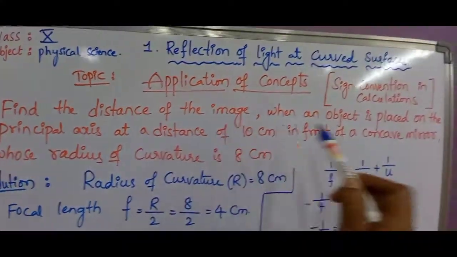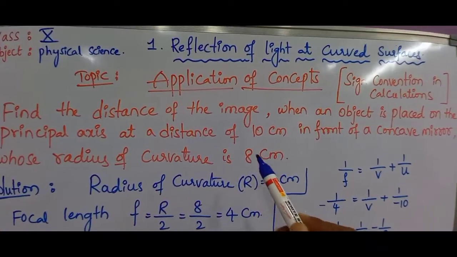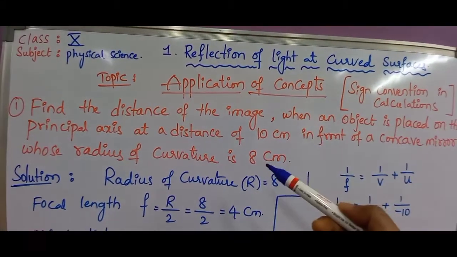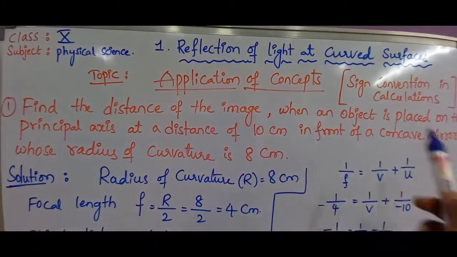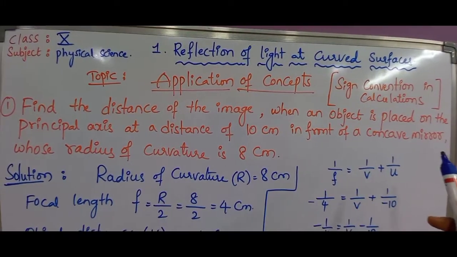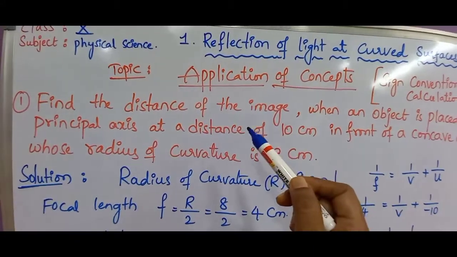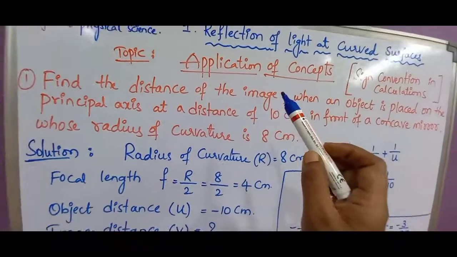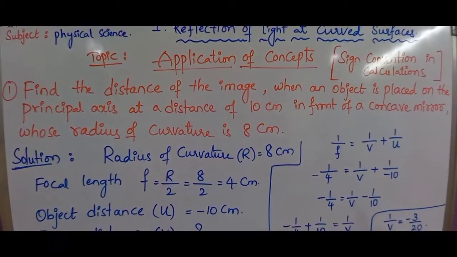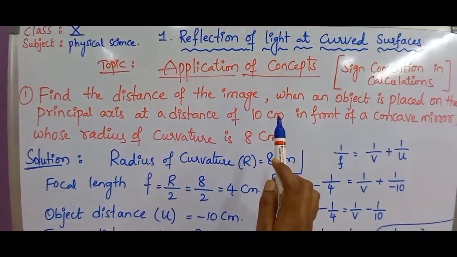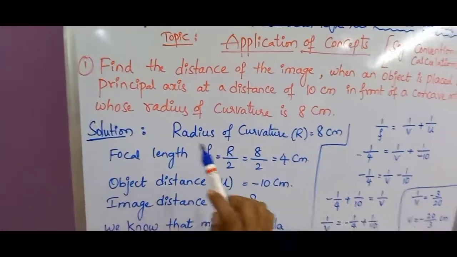By reading this problem also, we can analyze, based on the rules and on the position of the object and image that we have learned in the previous classes. Based on that information which we already know, we can guess the distance of the image. Where do we get the position of the image? What will be the distance of the image? Not the exact number, but we can guess to some extent the distance of the image. Okay, now see the solution part.